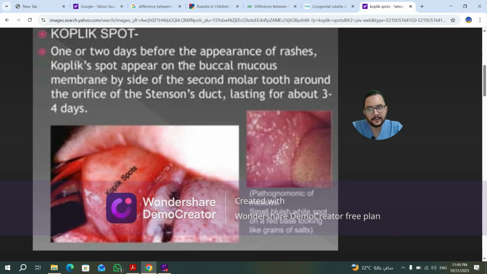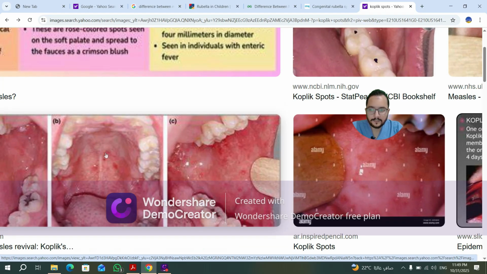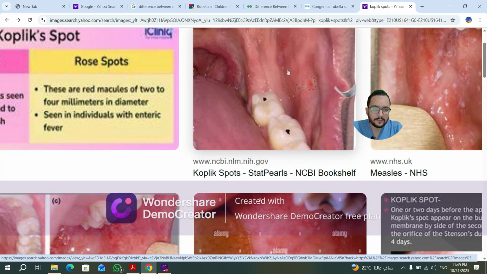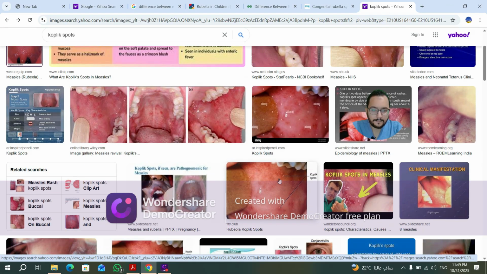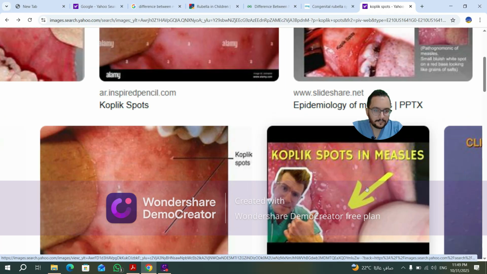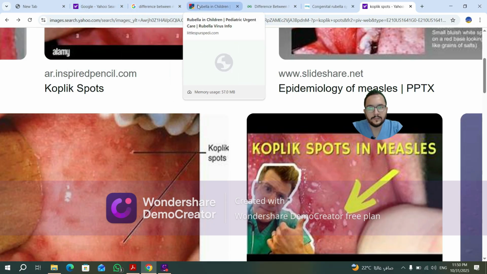This is the photo of Koplik spots. We can find more photos about Koplik spots like this. These photos are all about Koplik spots. These photos also. And this video also shows Koplik spots very clearly, and we can differentiate it from any other mouth ulcers or anything like this. Okay, so if we go back to our photo,